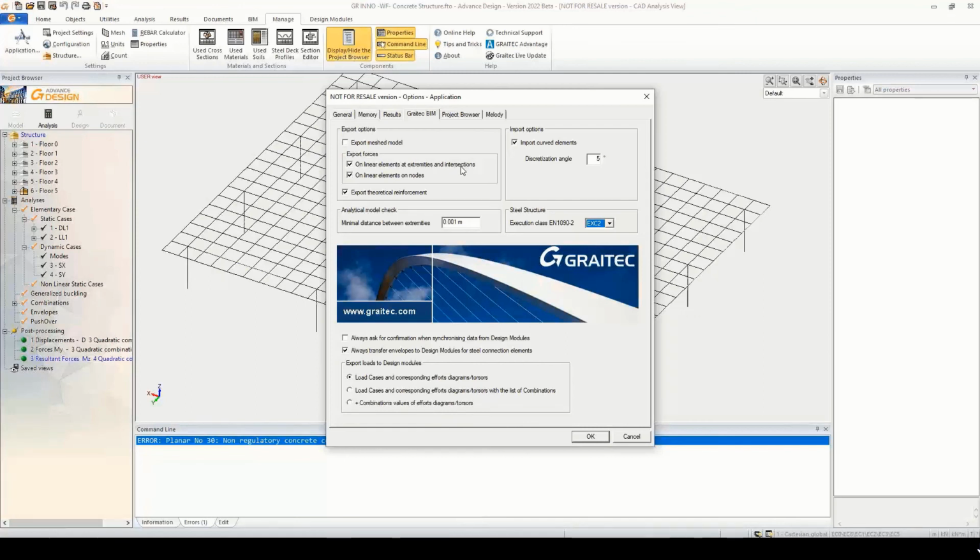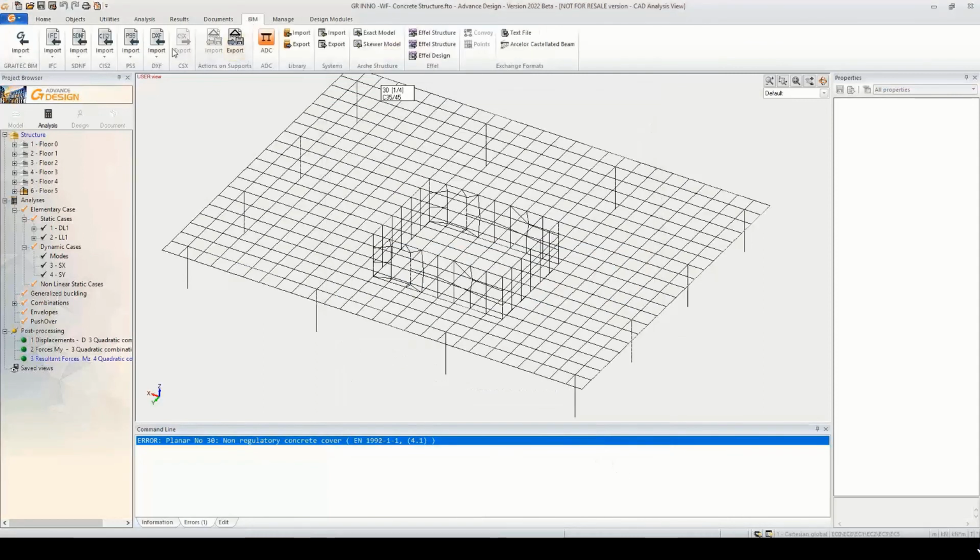I can export only the geometry plus some efforts, and I can as well export the theoretical reinforcement. It's important to have this option activated if I want, for example, to place in Revit some fabrics or bars for slabs based on those theoretical values.